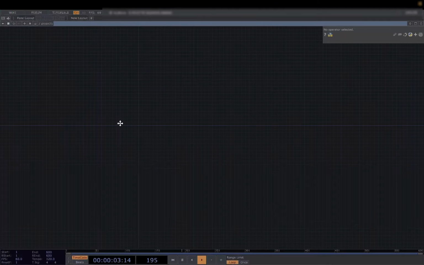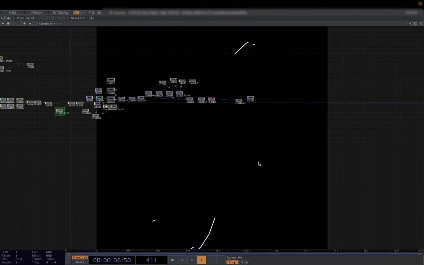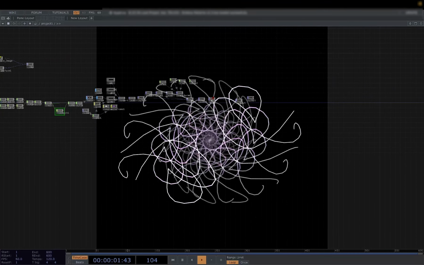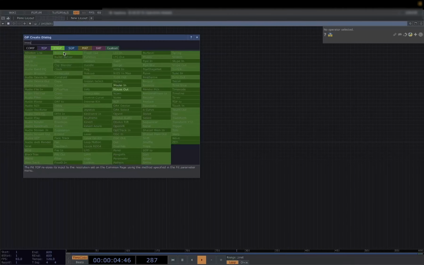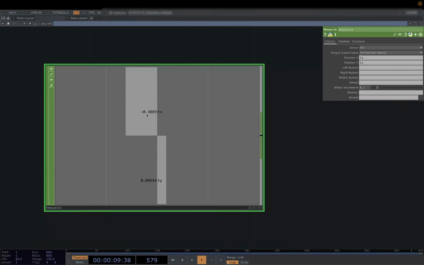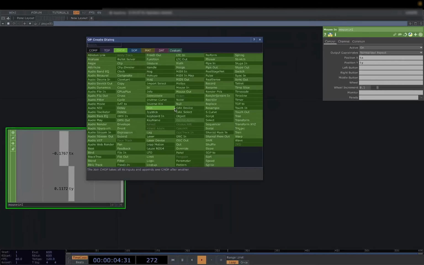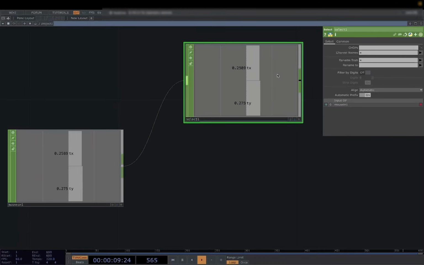All right, first things first, let's clear the canvas. Now, in order to create these gestures, you definitely need a mouse, right? So let's start with CHOP and let's get Mouse In. In Mouse In, you pretty much get X and Y position, right? So let's use a Select. A Select will be just to select the TX,